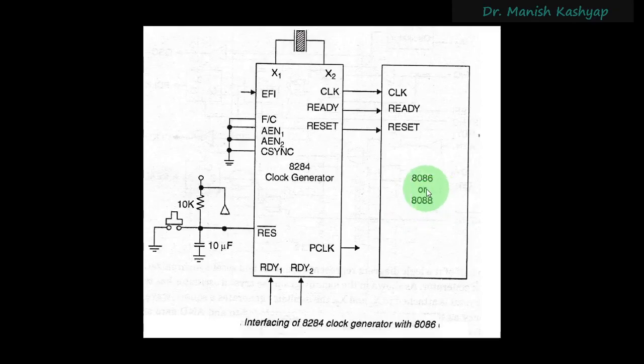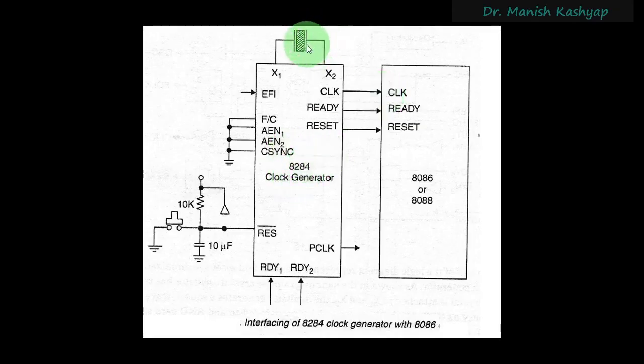Another question that one might ask is, you have a crystal oscillator which is generating a perfect square wave, so why are you interfacing it to this 8284 clock generator, and then supplying it through this clock output pin to this particular input of the microprocessor? You could have directly applied this crystal oscillator here, which would have been fine. But today you will see that it is actually necessary for us to use this 8284 clock generator,